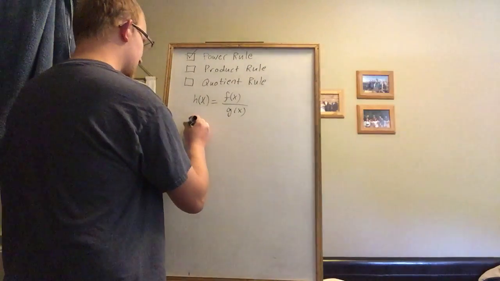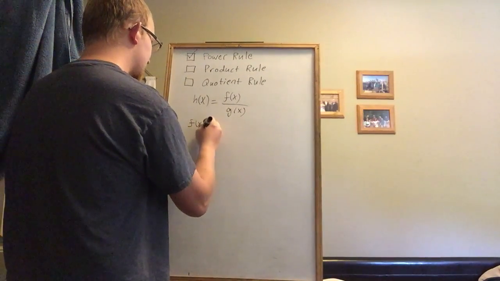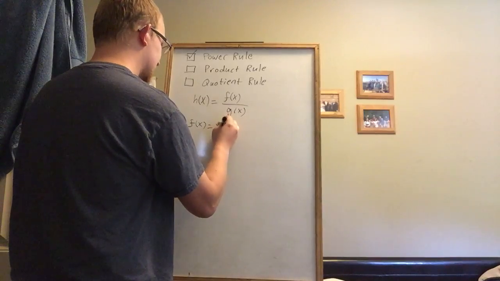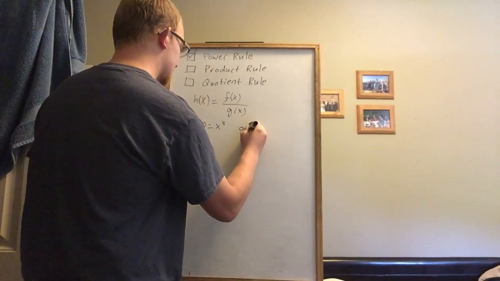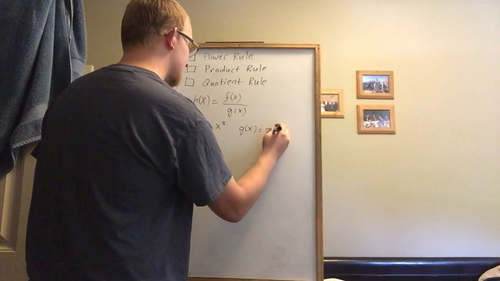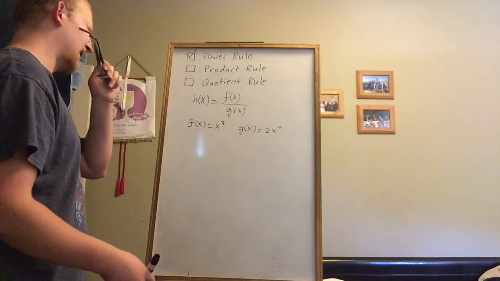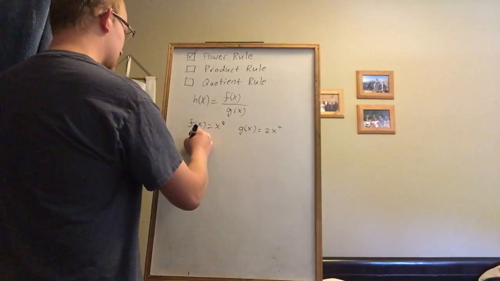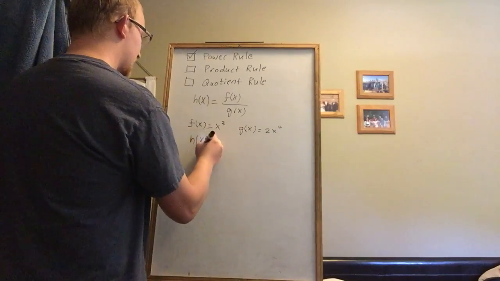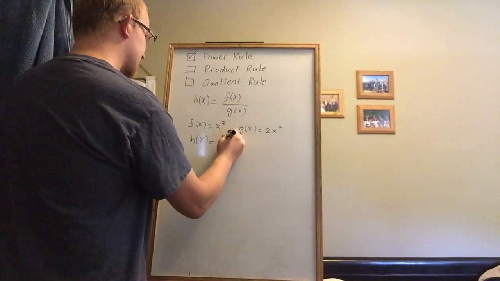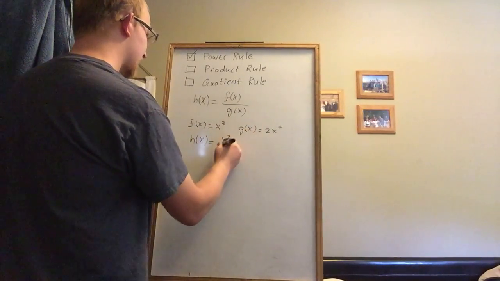And let's invent our f of x and g of x again. Let's say f of x equals x cubed, and g of x equals 2x to the 4. So that would mean that h of x is equal to f of x, x cubed, over g of x,